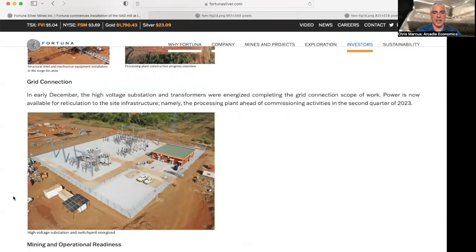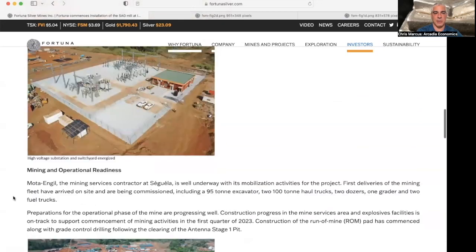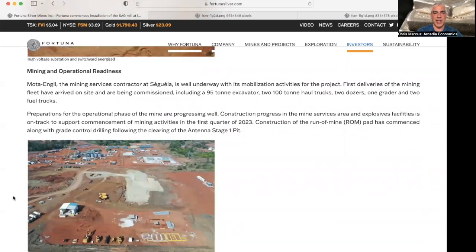In terms of the grid connection, the high voltage substation and transformers were energized, completing the grid connection scope of the work, and power is now available to the site infrastructure ahead of the commissioning activities in the second quarter of 2023. Moda Engel, the mining services contractor at the Séguéla project, is underway with its mobilization activities for the